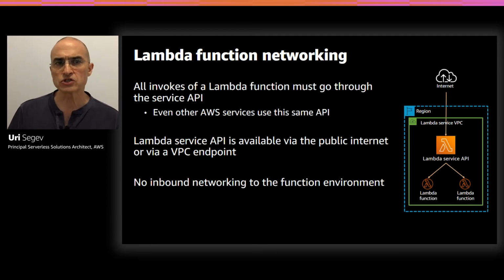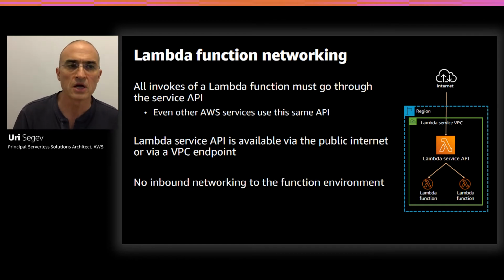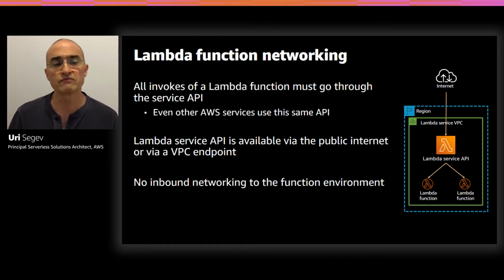All the invocations of Lambda functions are done through the service API. You cannot invoke the Lambda function directly by calling the Lambda handler, the handler function. You need to do it only using the service API, regardless if you're invoking it directly using the service API, or if you're using it through some other trigger like